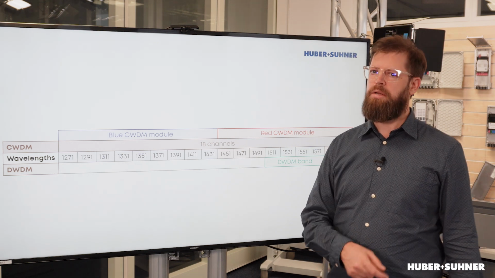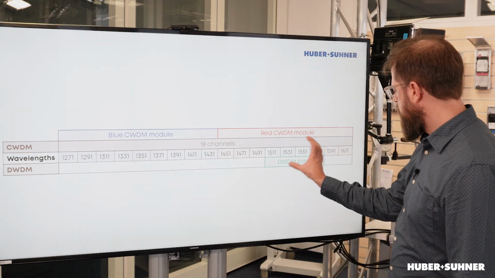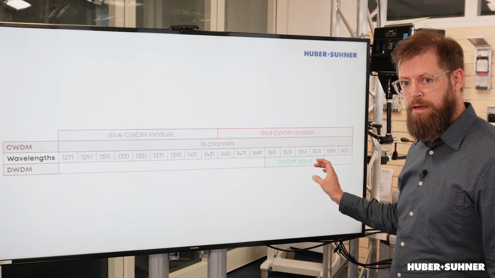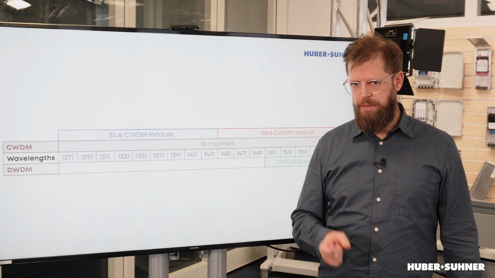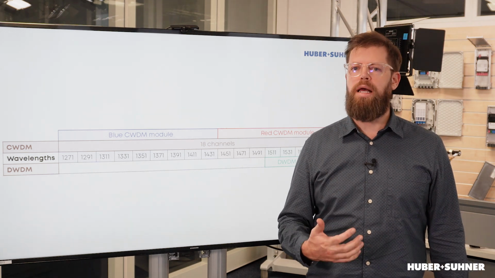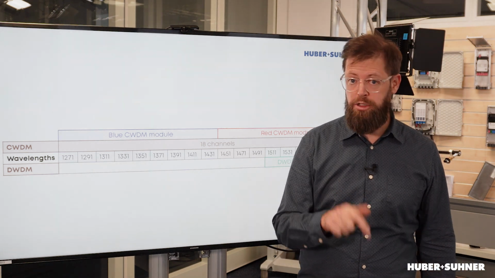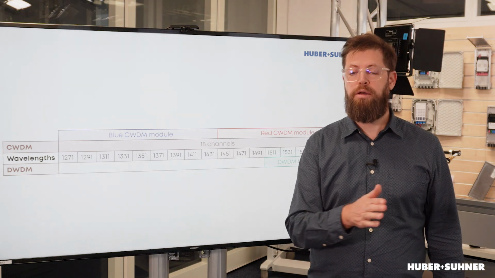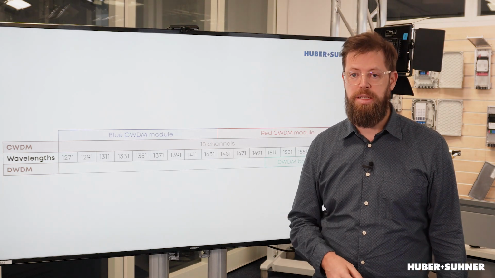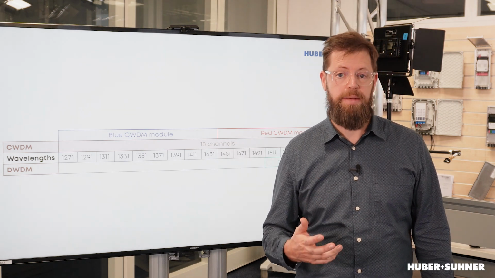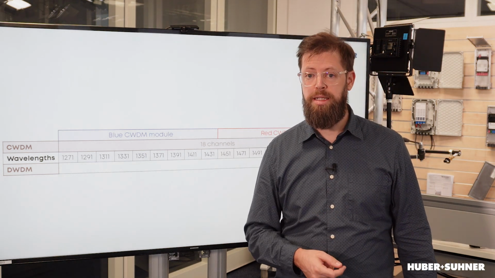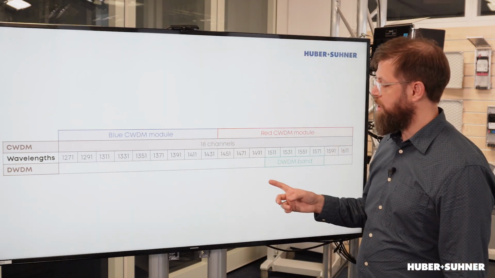Historically speaking, DWDM came first, and it is located here in the C-band area. Now the point is that the channel spacing of DWDM is so narrow that it actually requires an active cooling of the lasers in the transceivers to make sure that it wouldn't drift outside of the channel spacing window. And that actually made DWDM quite expensive. At least at the time it was really expensive. And that's why CWDM was specified.